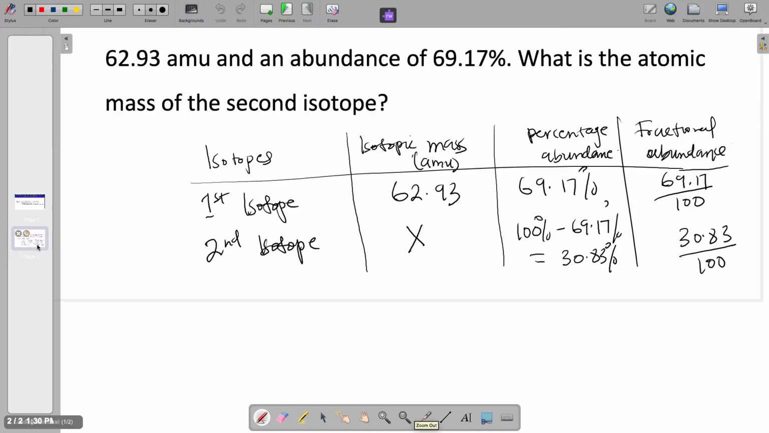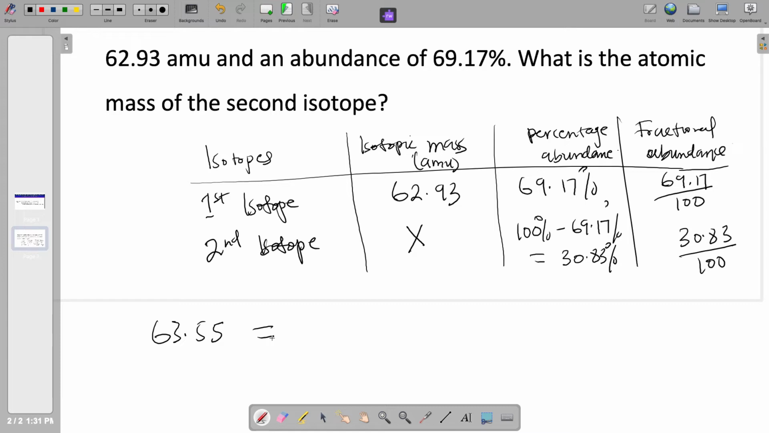So that means that we know the atomic mass of our element, which is copper. We know the fractional abundance of each of them. So the only unknown is the mass of the second isotope. So what we'll do is we'll say the atomic mass of copper, which is from the periodic table, is going to be